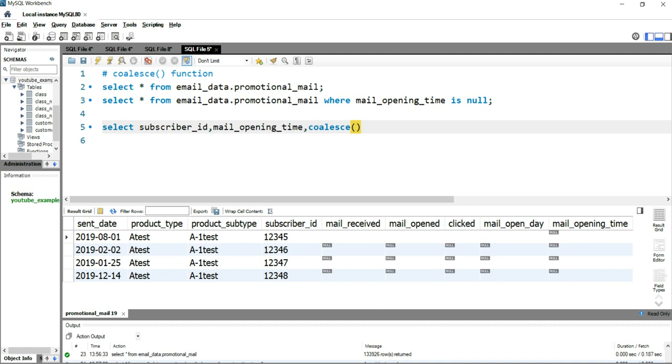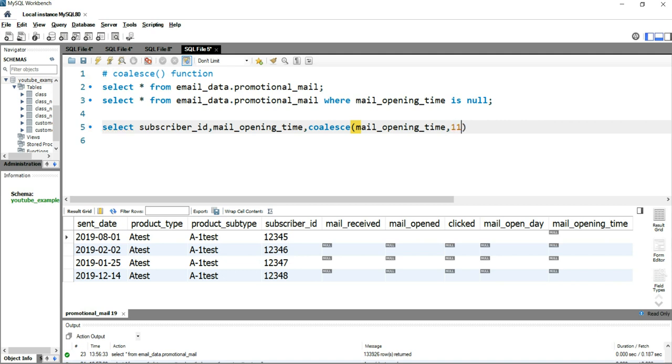Within this coalesce function, the first parameter will be the column in which there is a null value or you want to evaluate that column. So for us, the first column is mail opening time, and if that mail opening time has a null value, then we want to replace it with a certain value which is 11 a.m. time for us.